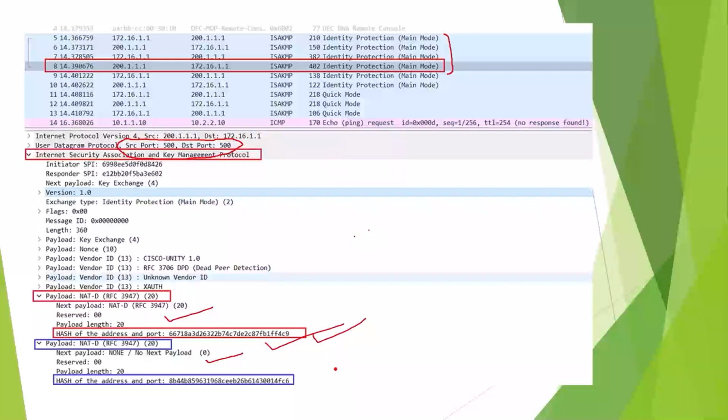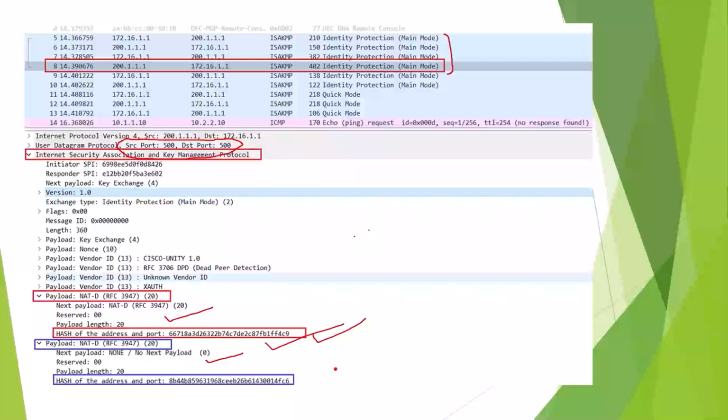Now why is it done? The very simple thing: if these hashes that are exchanged don't change, that means the sender would send a hash and the receiver would have one hash. Then they would compare the hashes that they have received with what they already have, and check whether these hash values are the same or not. If these hash values are exactly the same, that means there is no NAT device in between to change those hash values, or nothing is changed in this packet. That means there is no NAT device at all.